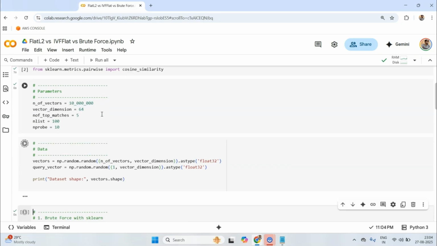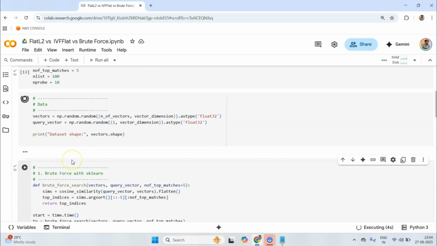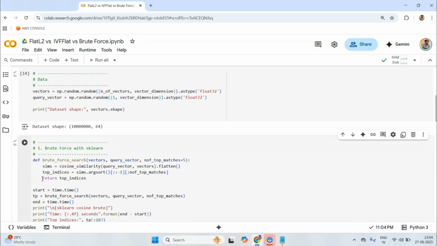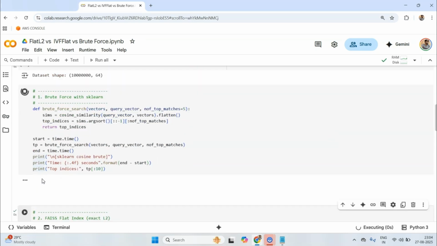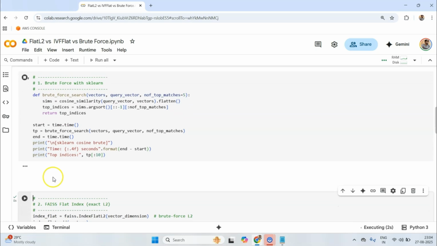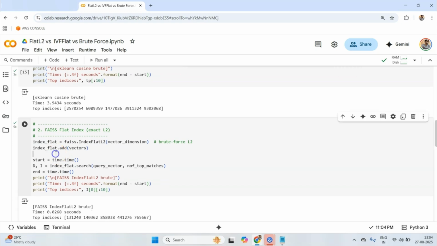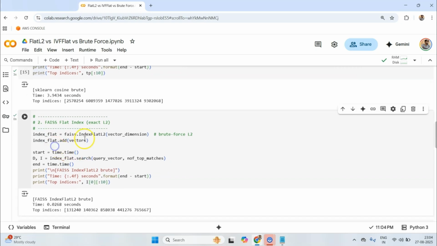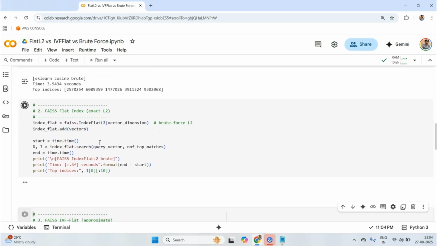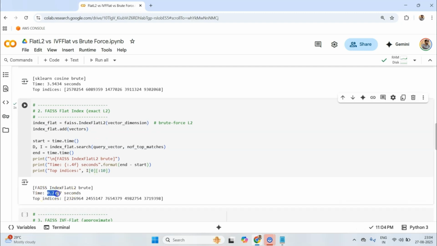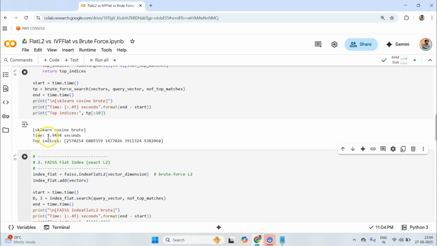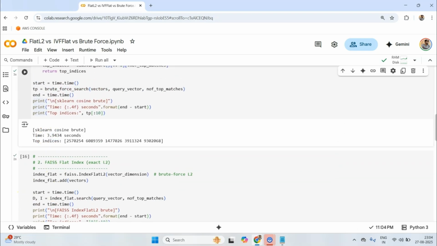So if I run this again and run this part again, and now just to compare, let's run brute force again. This time brute force takes about 4 seconds, and if I run IndexFlatL2, it is taking 0.2 seconds. So we can clearly see the difference, right?